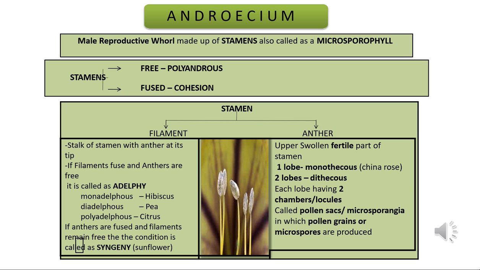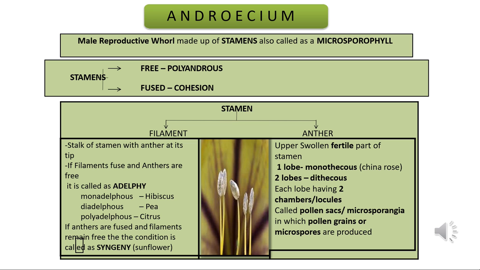Stamens of a flower may be united with other members such as petals, or among themselves. When stamens are attached to the petals, they are called epipetalous condition. For example, brinjal is the example for epipetalous condition. Or epiphyllous, when these are attached to the perianth, as in the flower of lily. If they are attached to the perianth, they are called epiphyllous condition, and if they are attached to the petals, they are called epipetalous condition.